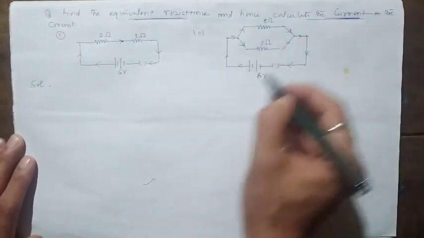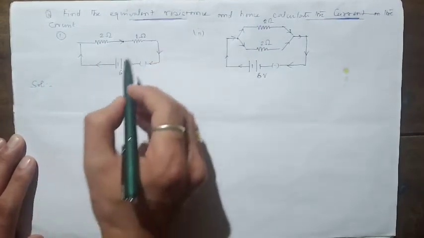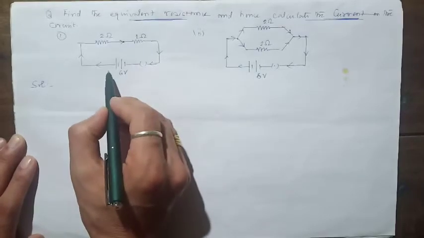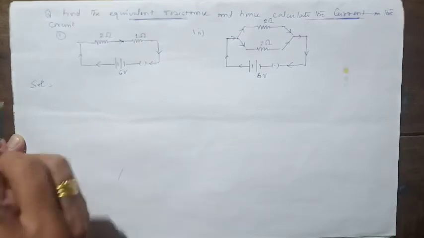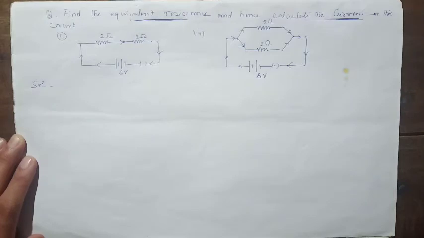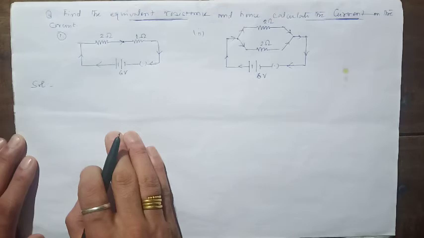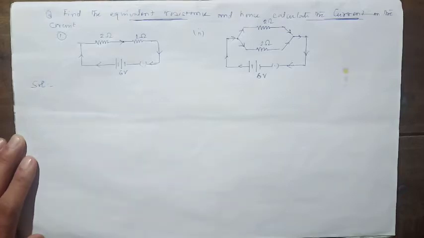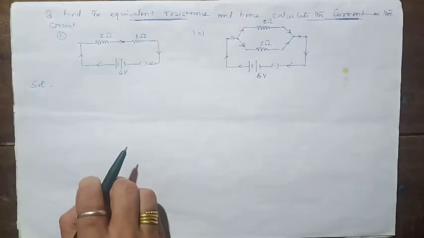Students, first, always, if a circuit is given to you with a number of resistances present, think about reducing that number of resistors to one single resistance. Now, how to reduce that number of resistors to a single resistance? We have to identify the type of connections, how the given resistors in the circuit are connected. Are they connected in series or in parallel? First task is to identify the type of connections, series or parallel.